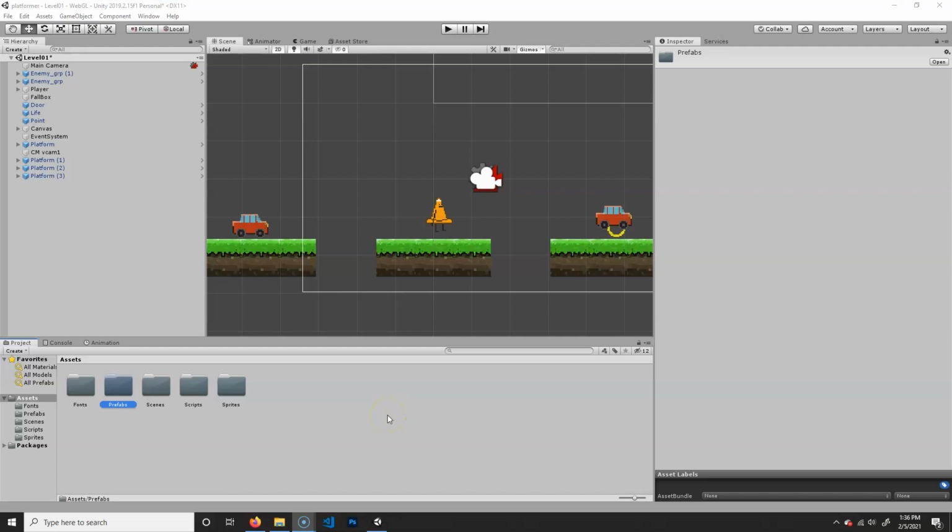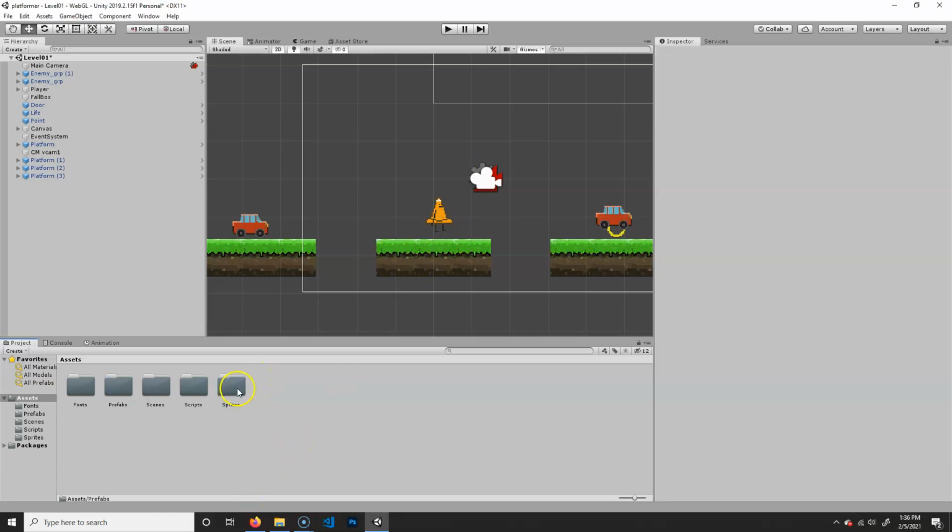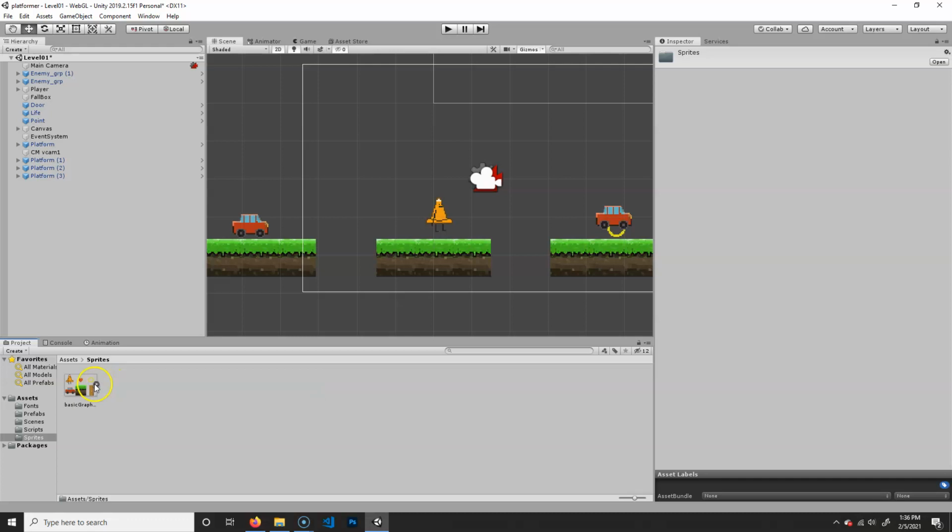All right, so what we're going to do here is create a tile map that'll allow us to basically draw out our environments block by block, which will be super beneficial. Okay, so first off, in my sprites, I need to